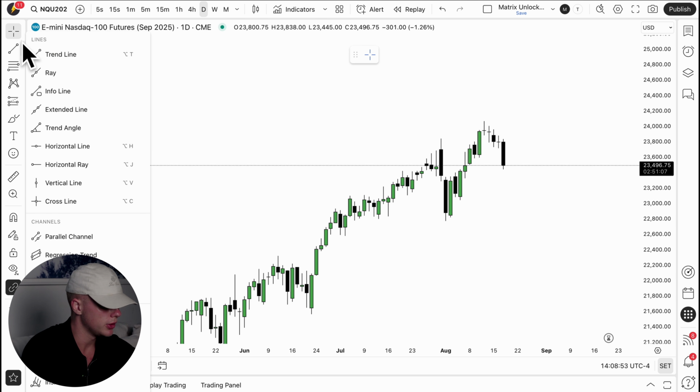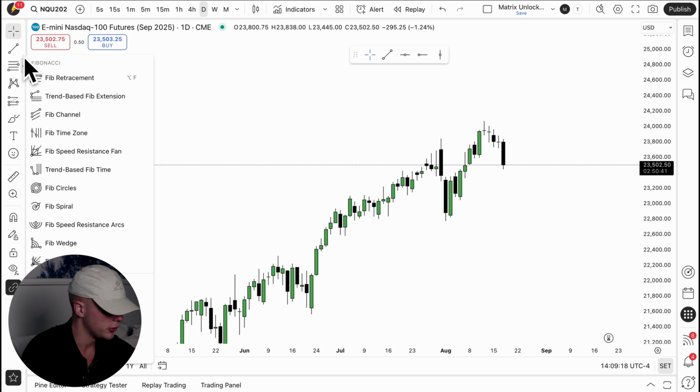So when we move on to the trend line tools, the tools which I use on an active basis are the following. I use trend lines right here, and I don't draw trend lines to trade based on, don't worry. I simply use the trend line tool to draw specific lines. Next I use the horizontal line and the horizontal ray. Next I use the vertical line to pay attention to time. And that's about it for the lines.